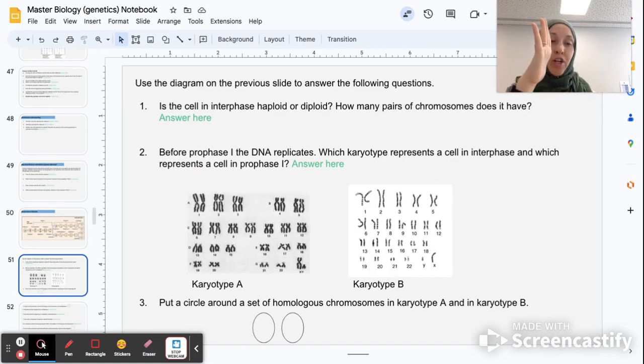So here is my original chromosome, and now replicated, and I have two identical copies of my genetic information attached to each other. So my question here is, this is a karyotype of prophase 1. Is prophase 1 haploid or diploid? Prophase 1 is still diploid because I have one